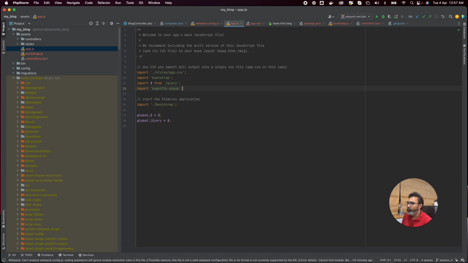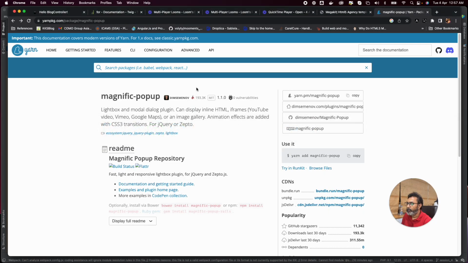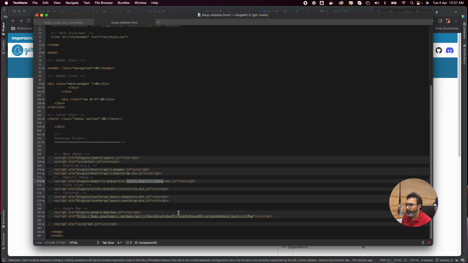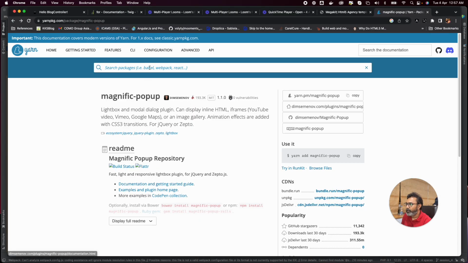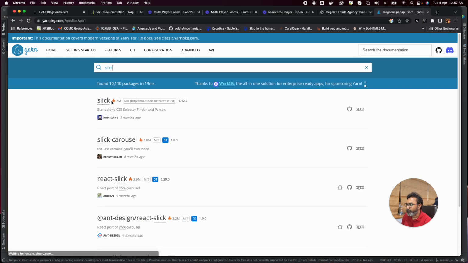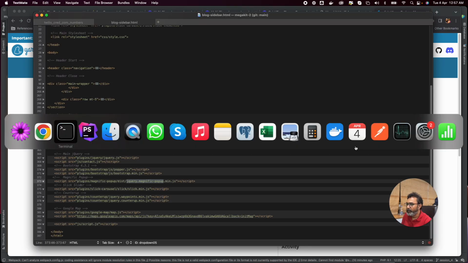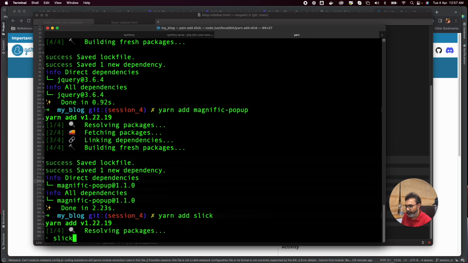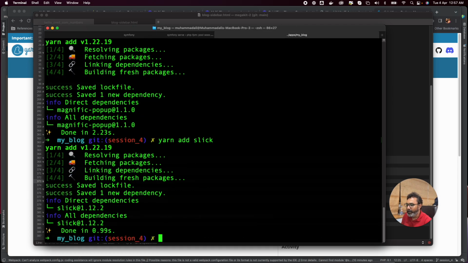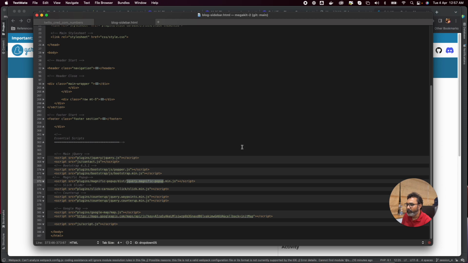We imported that, and then our other requirement is slick.min.js. Slick is another library, so we will copy that and install it. Maybe I don't know whether we are installing the right tool or not. Let's check. Slick is there, waypoints is there,